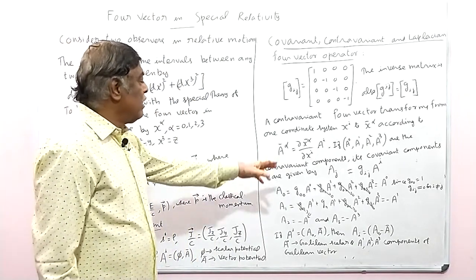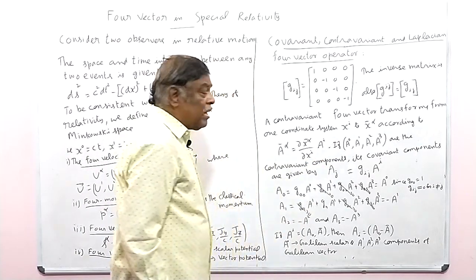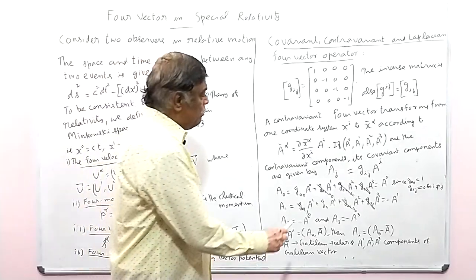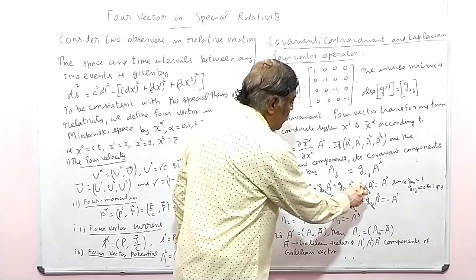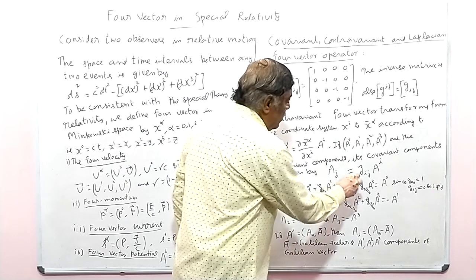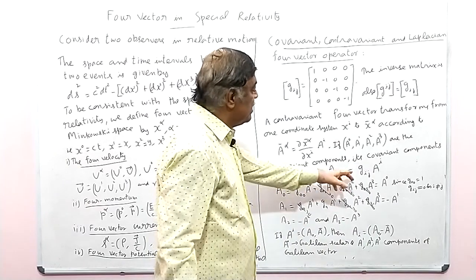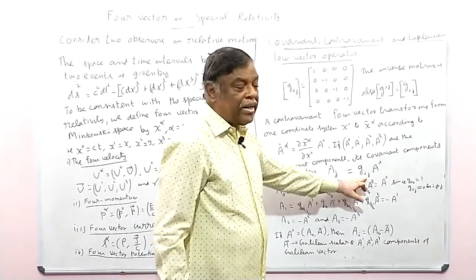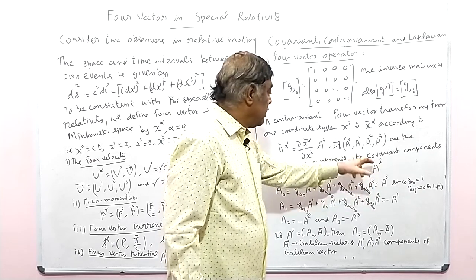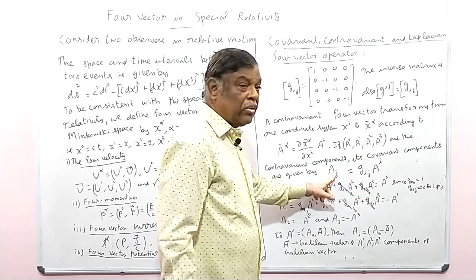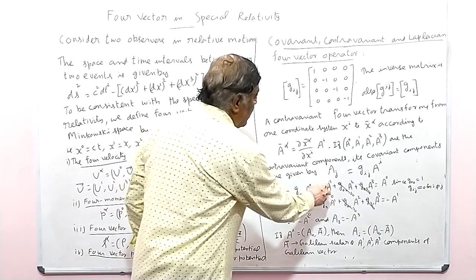So they are the contravariant components. Now, if the contravariant component is given, the covariant components can be determined by this process. This is a contravariant component. If you want to get a covariant component, you take the inner product with G_ij, the covariant metric tensor. If you multiply the covariant metric tensor with the contravariant vector, the index will be lowered. So the lowering of the index can be done by this process, A_j. Now this is a covariant component.